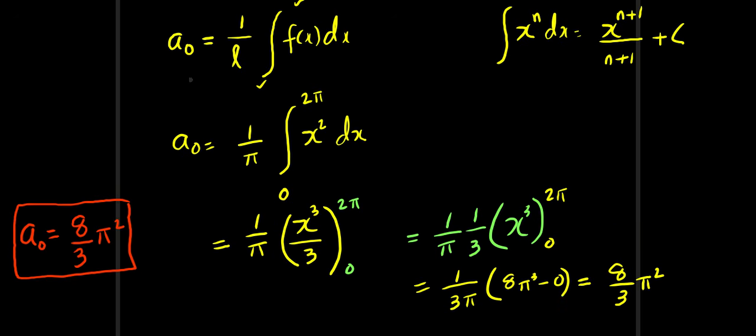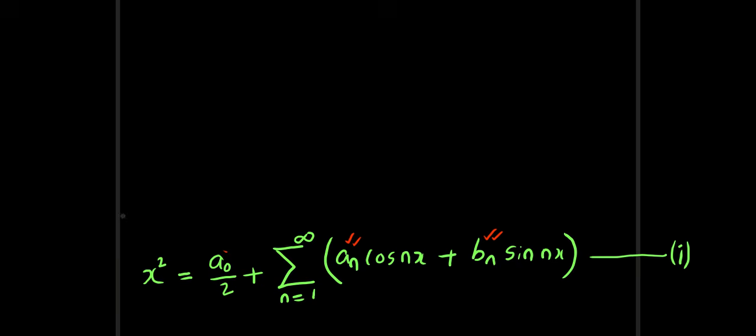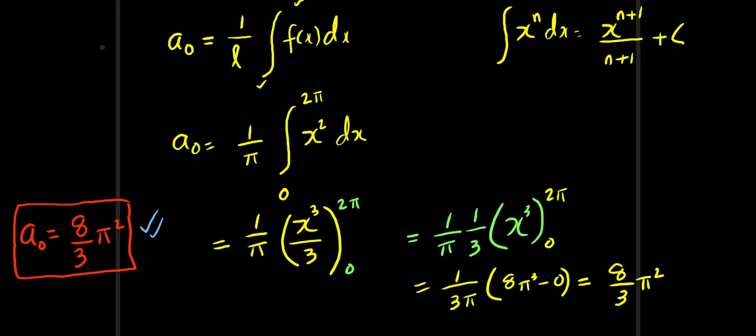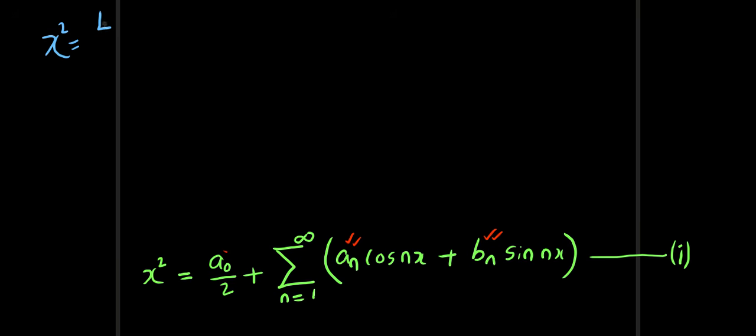So look at this. The value of a0 is over here. So a0 by 2 means half of this. So by equation 1, I can write, what is half of this? Yeah, 4 by 3 pi square